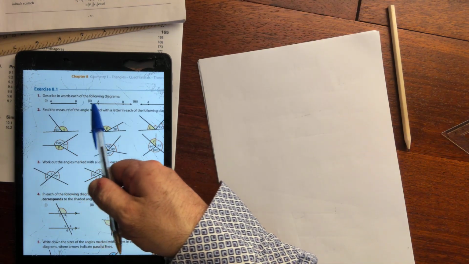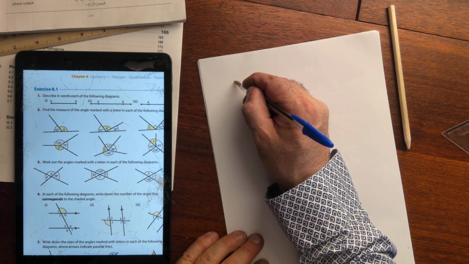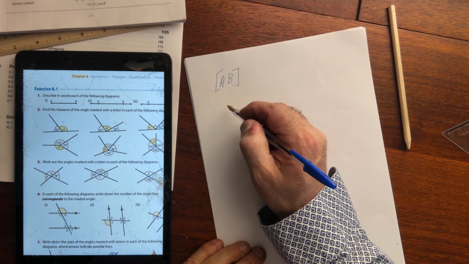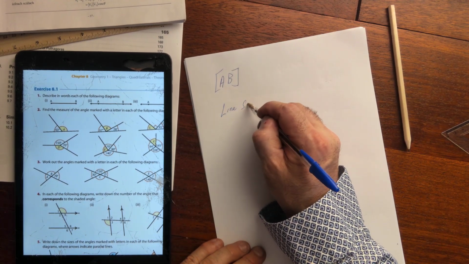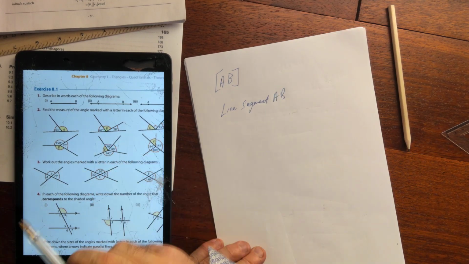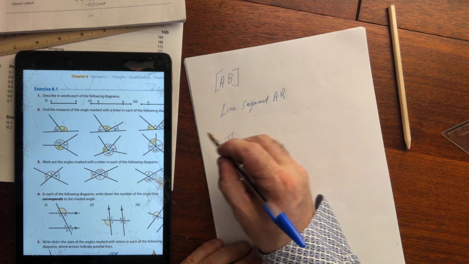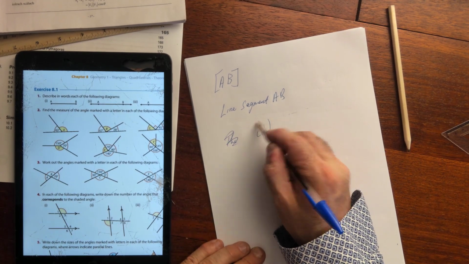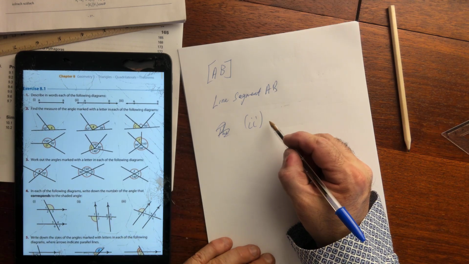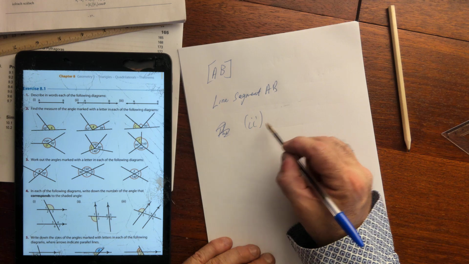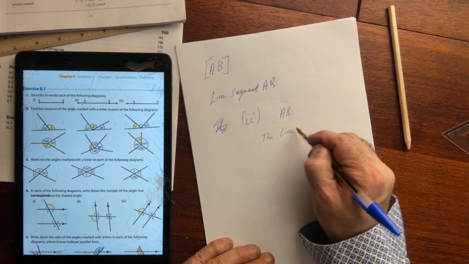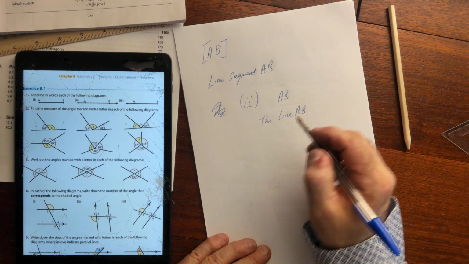So describe in words each of the following. So first of all, this is not words, but what I'm looking at there is this, and this is called line segment AB. The next thing is part 2. I know the Roman numerals, so we really have to get used to them in text. So 2, what we say there is just, we write AB, but we say the line AB, that's all. Okay, the next thing is the ray